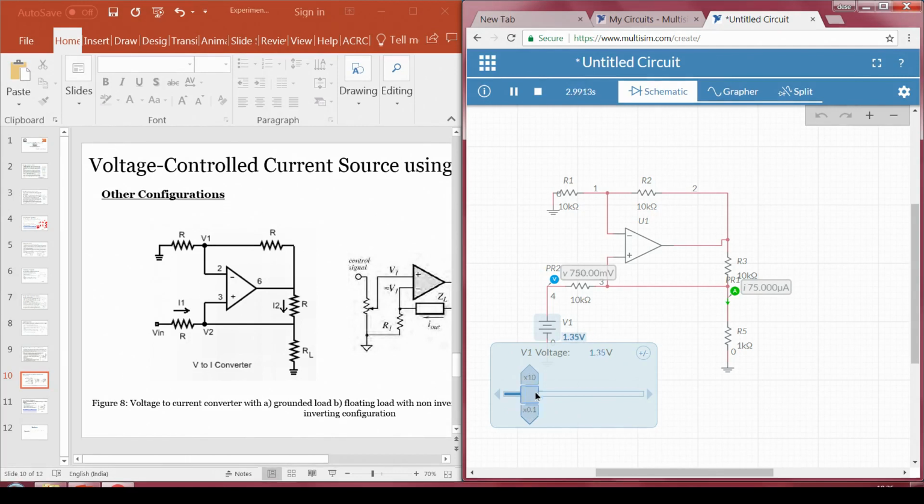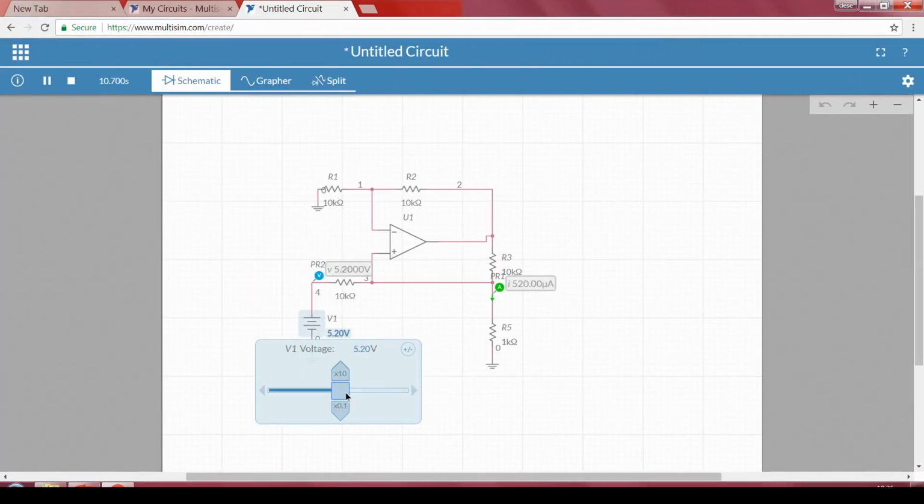and now as you see what will happen, as we change the input voltage, the output voltage follows the input voltage, or we can say the output current, here we are measuring the current, right, voltage to current converter. You can see the output current is depending on how much voltage we are applying at the input. This voltage is converted into current, and it is a low current application. That is why you cannot see current like 0.3 ampere or 0.4 amperes, right. Here you are looking at microamperes to milliamperes.